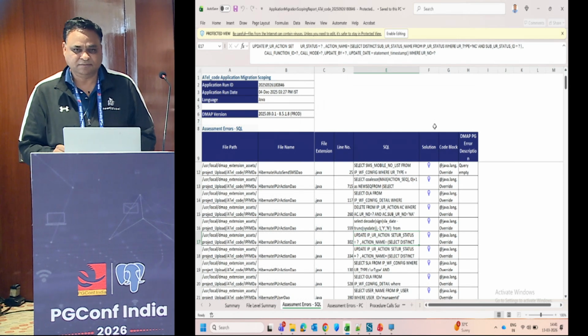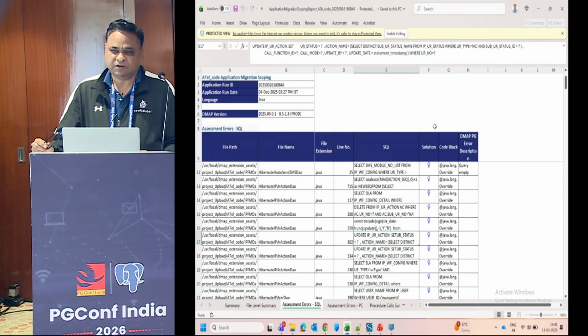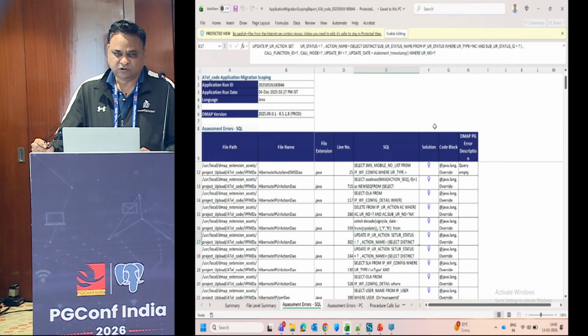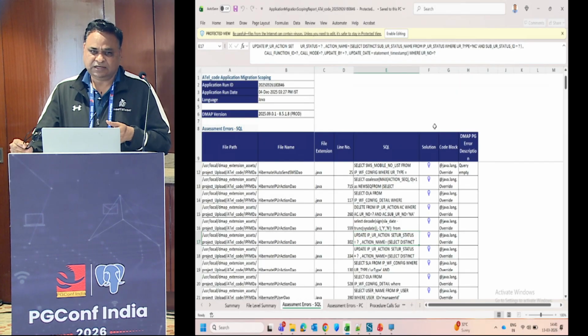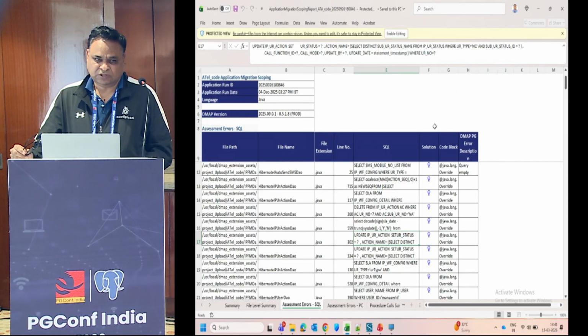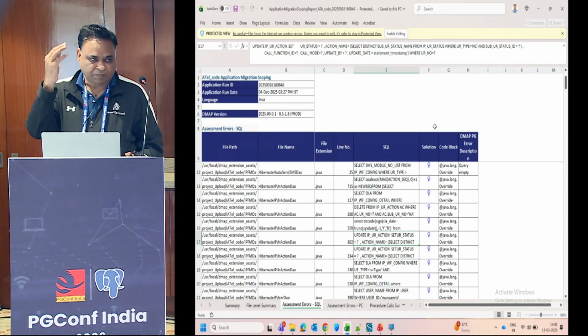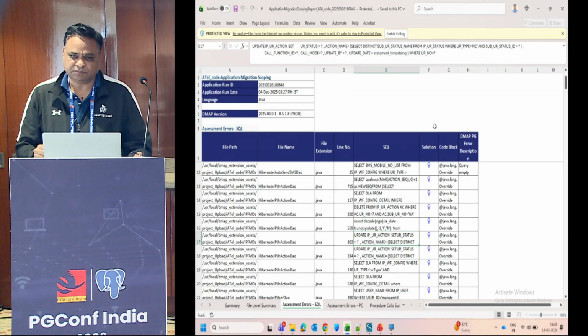No, we are making changes in the existing code, but we are putting a proper tag there. We will not delete, we'll just comment out the existing code, and then we'll add our line, marked that this is done by DMAP and this is the line which has been changed. So that if someone wants to look into the application code, they can just scan for that tag, and they will see all the changes that have been done by the DMAP product.